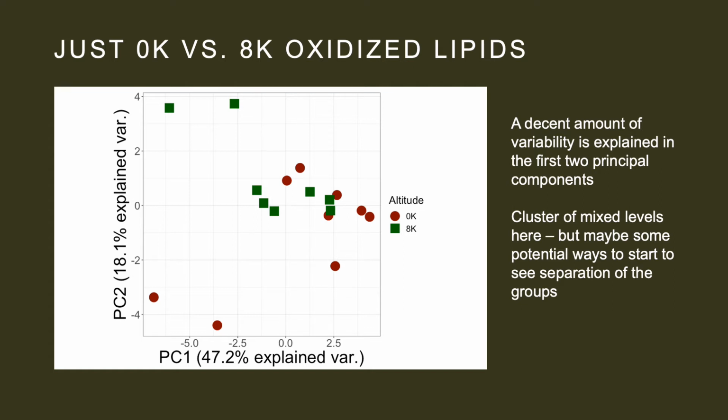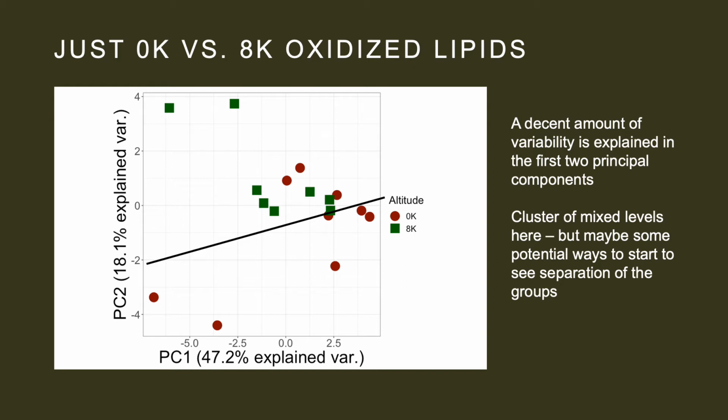So again, we're getting a really good variability that's explained. We're getting close to 70% here, which is pretty good. And although there's quite a bit of middle clustering here where the two groups are close together, there may potentially be some separation. If we were to draw a line, this black line here, anything that's below it is guaranteed to be ground level, and anything above it is most likely going to be 8K. So again, not perfect separation here, but we can start to tease out maybe